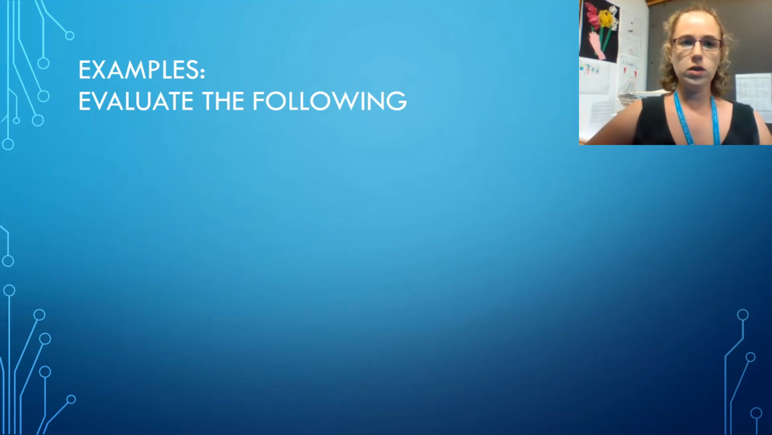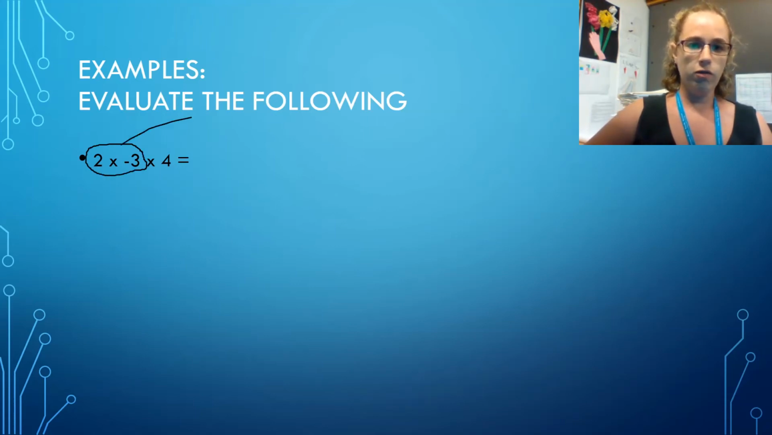Now we're going to look at some examples with a few more steps in them. Here we have two multiplications that we need to do, so we deal with them left to right. The first thing that we do is deal with the first step. So 2 times minus 3, 2 times 3 is 6, and we've got a positive times a negative, so that